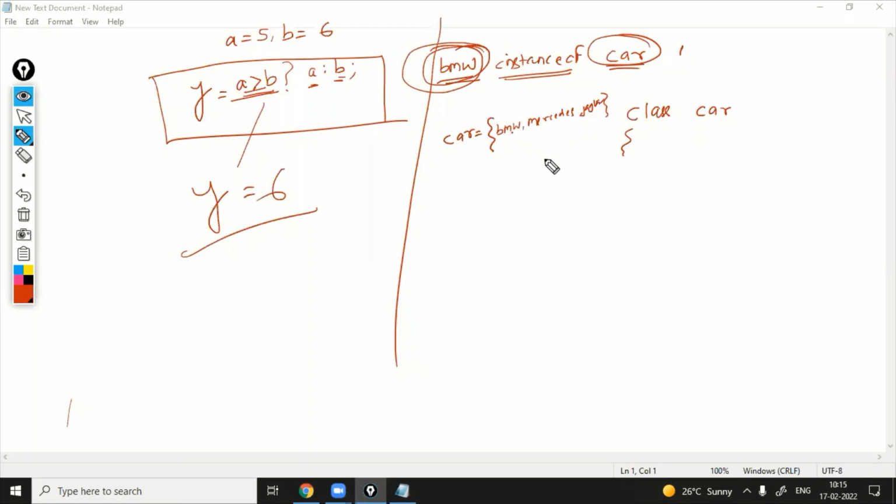Okay, so how to create this with respect to Java? Here you have to declare the class Car. Another thing, while you are creating a class, you know that a class has two parts: one is the data part and another is the function part. So tell me, what will be the data of the car? Data means, like, model.